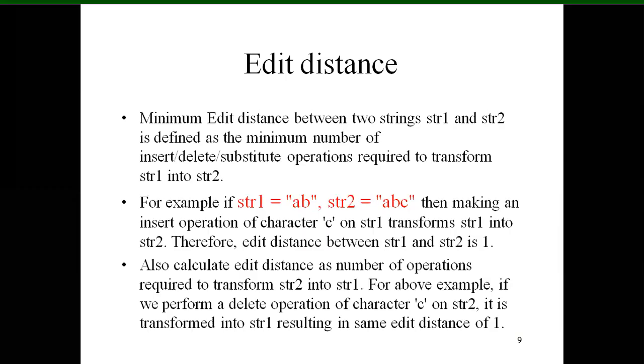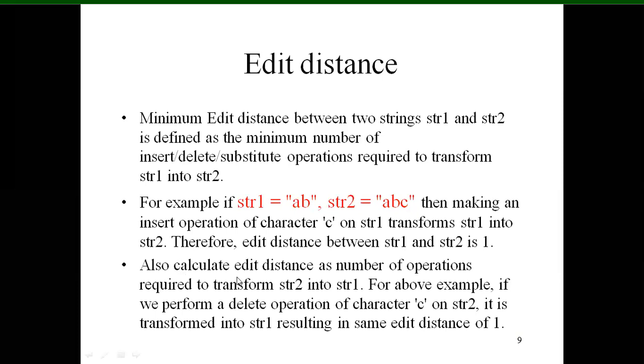In str1, we are inserting the C character. Then it transforms str1 into str2. Therefore, edit distance between str1 and str2 is 1. Why? Just simply you are adding C to str1, it becomes str2. So inserting C is one operation you are performing. To convert str1 into str2, that is why the edit distance you can count as 1.